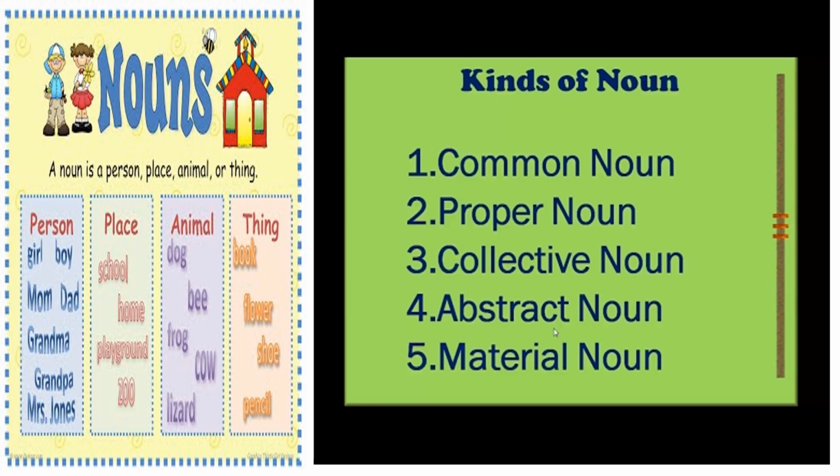Now, let's see the different kinds of nouns. There are many different kinds of nouns, but we will learn the five major parts, which is common noun, proper noun, collective noun, abstract noun, and material noun. Along with this, we will also cover what is countable and uncountable nouns. But in today's class, we will learn only the first three nouns, which is common noun, proper noun, and collective noun. So let's see each of these nouns with few examples.